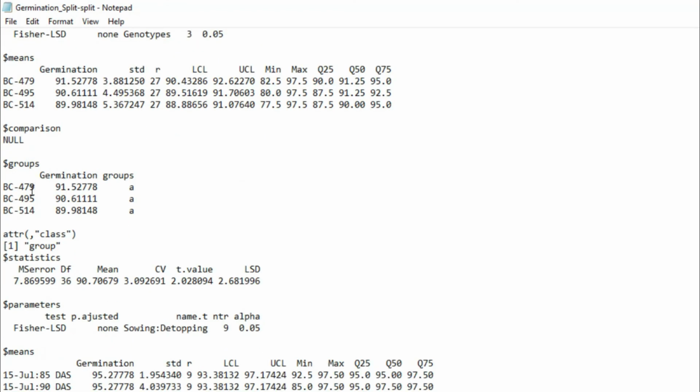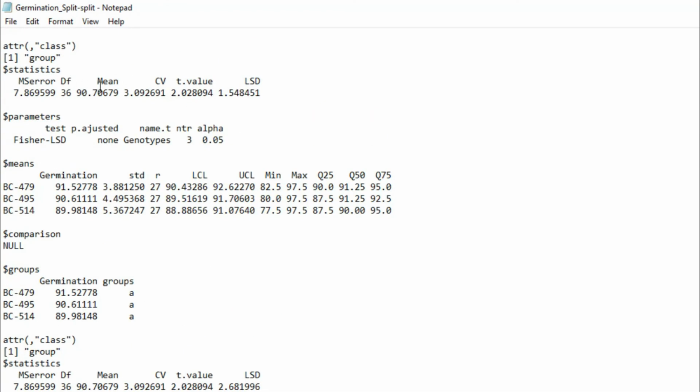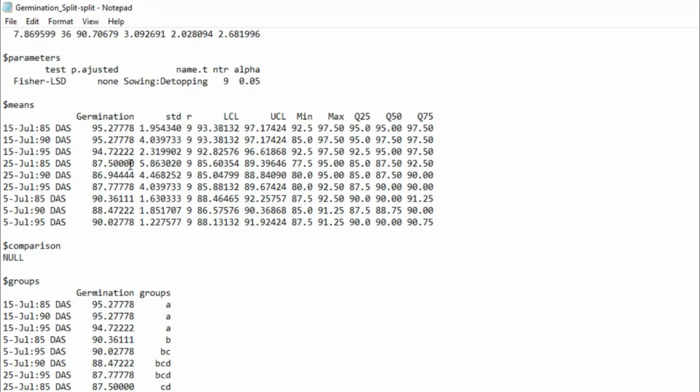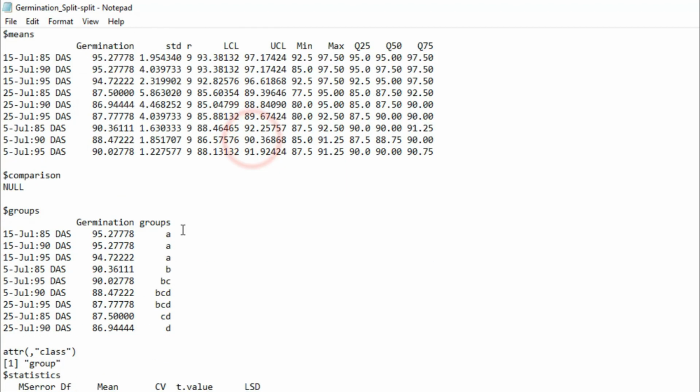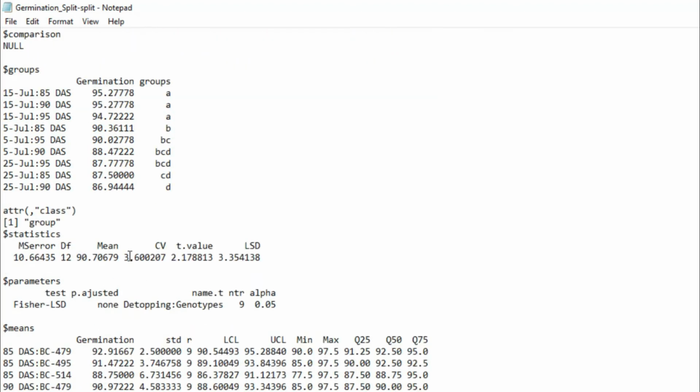Now it is our CV value for genotypes, T value and the LSD value, and their treatment, germination percentage, and their homogeneous value. It is our mean value, CV value for swing time and detopping, T value and their LSD value, and their treatment and their mean value and their homogeneous value.